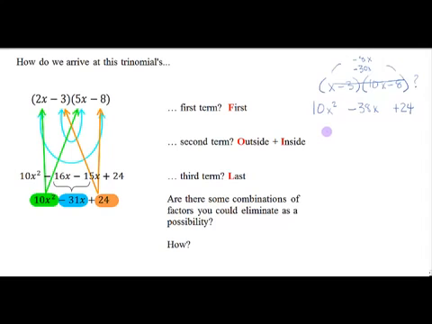Let's say that we keep the 2x and the 5x split this way. And let's say both of their signs are still negative, but we split 24 up instead of 3 and 8 as 4 and 6. 4 times 6 is my 24, so that would be fine. But again, I have a greatest common factor in this one factor, so I would not consider that a possibility. I could also put a 2x minus